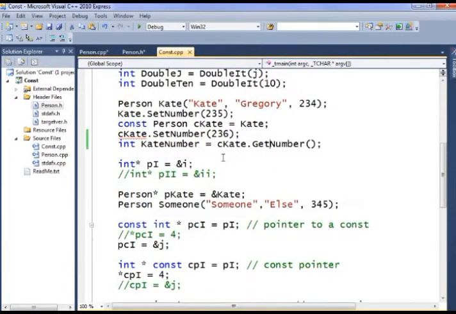Notice we have red wigglies under the call to set number, but not to get number. And that's really what you would expect. Get number doesn't change the person. It's a perfectly safe thing to call on a const person. Set number does, and no amount of adding the word const is going to fix that. In fact, when we tried making set number a const function,